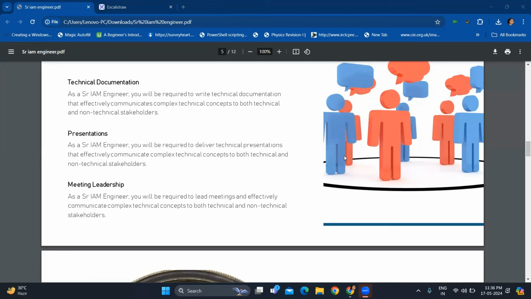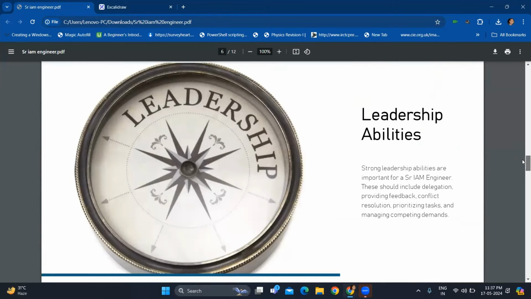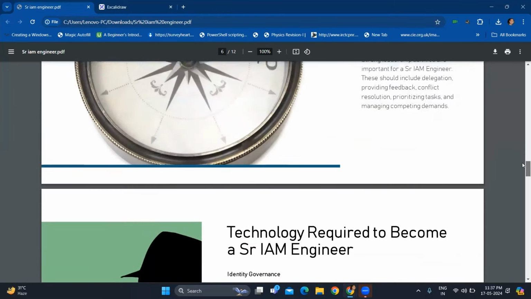Documentation, yes, absolutely, Ridish. This is a very good point for future references and to avoid escalation. Tomorrow, you should not say, hey, this guy told me to do it this way. Where is the email? Where is the documentation? Was it approved? Was it reviewed? No, screwed, done. So, this is where documentation is really important. Okay. Now, let's talk about some of the leadership abilities.